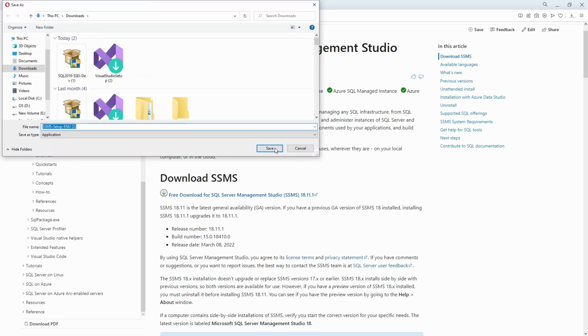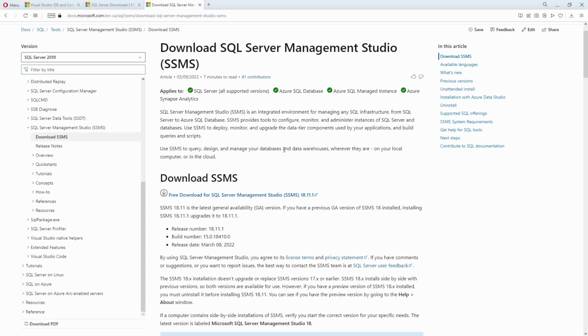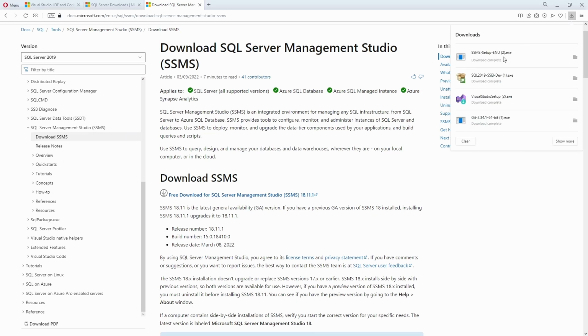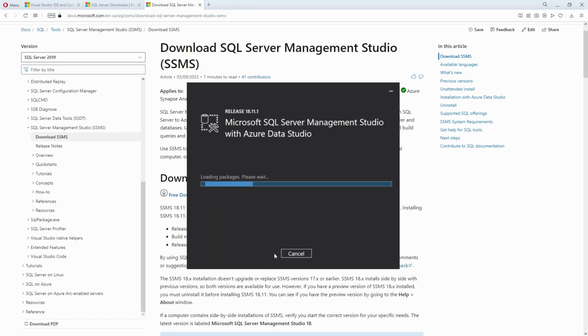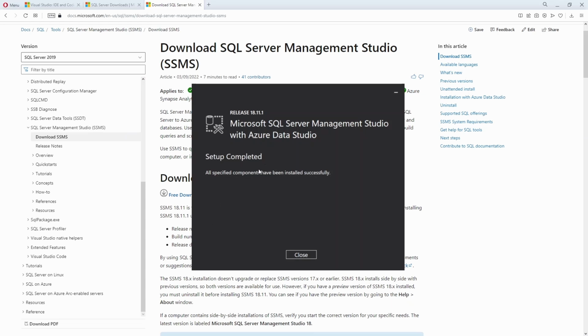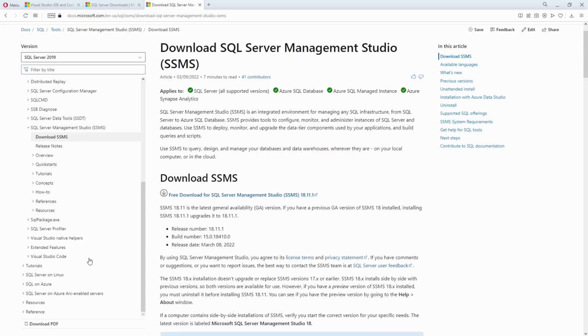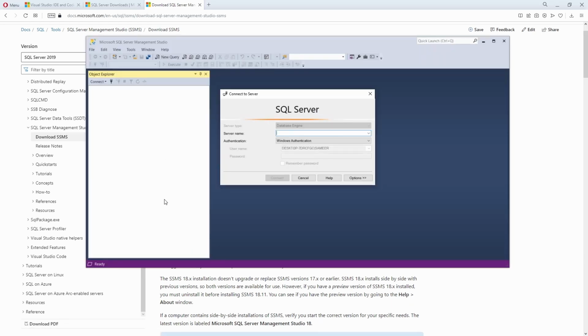So it's asking me to save it. So I'll click on save. Once it has been downloaded, I will click on the setup and this will open the setup for me. I will click on install. The installation has now completed, and I will click on close, and I will open SQL Server Management Studio,